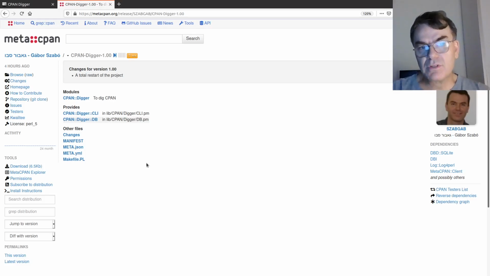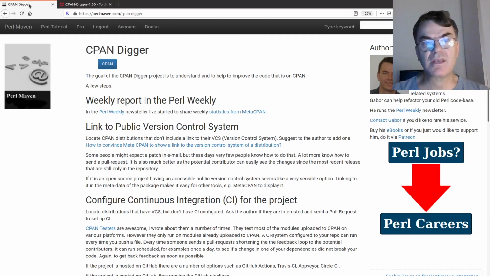And that's what the CPAN Digger is about. There's a plan for creating a website for CPAN Digger, or including some of this data into MetaCPAN. But for now, let's see what this module can do that I created